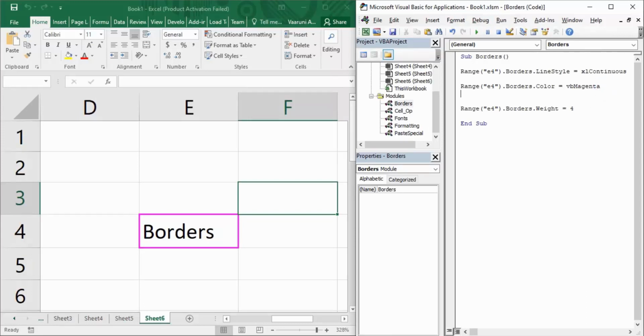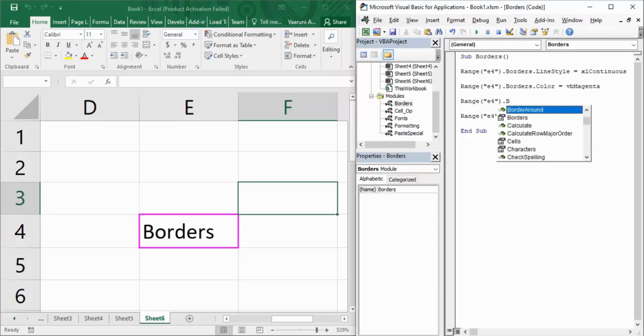There is one more thing: using these border colors, you can use another method to color the borders, and that is through color index. We have already taken a look at its usage before, but let's look at it again.